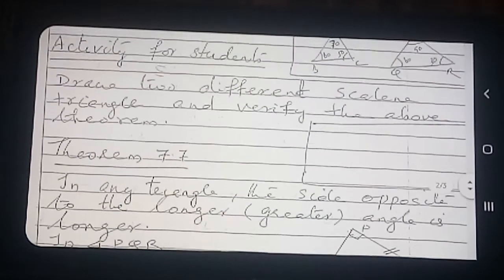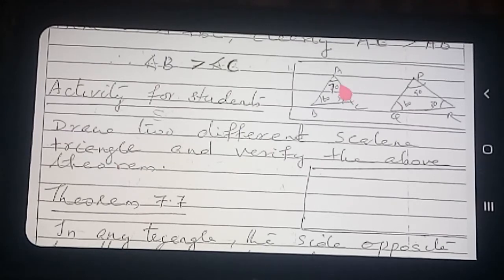We can see from an example. I have simply drawn a diagram here. Here which angle is greater? Angle A is greater. Then the question will come: which side is the greatest one? BC. BC is greater compared to the remaining sides. Here which side is the smallest one? Angle C is 50 degrees, so angle C is the smallest one, so its opposite side is the smallest one. AB is the smallest one. Got clear? That is the concept.